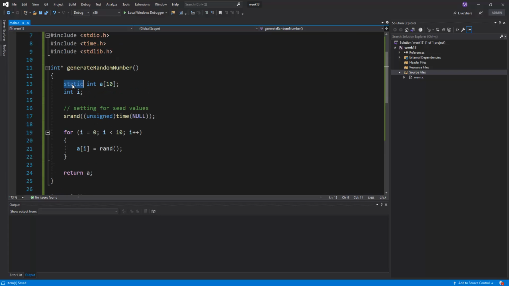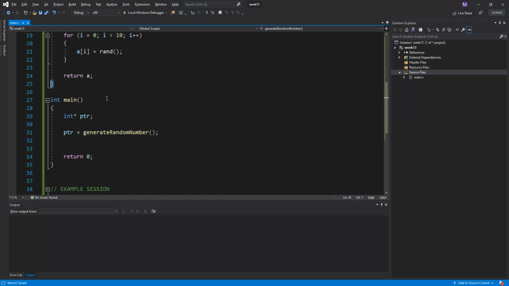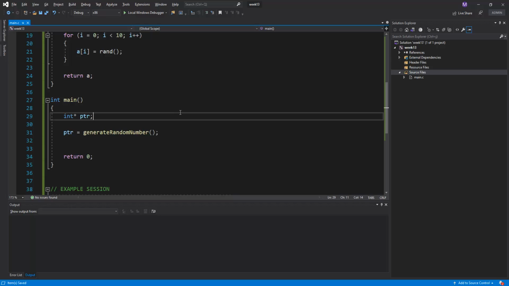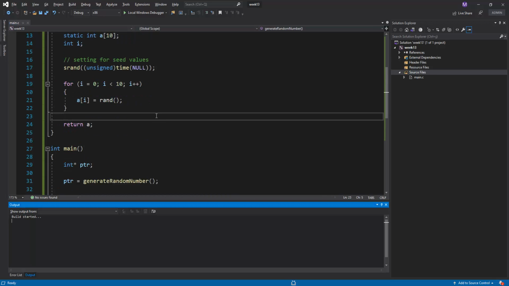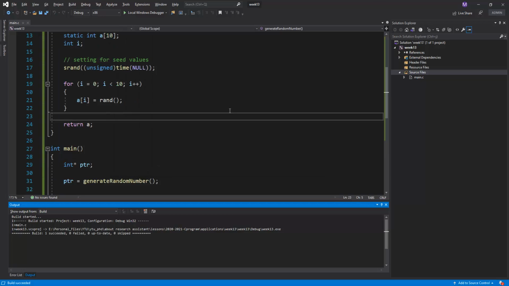It's important to note that the static variable should be used at this position, because if we are not using the static keyword here, a is removed by the end of the generate random number function, and we cannot return anything to the ptr value because a is destroyed in RAM, and so we have nothing at the end of this code. If we run these codes and there is no syntax error, then